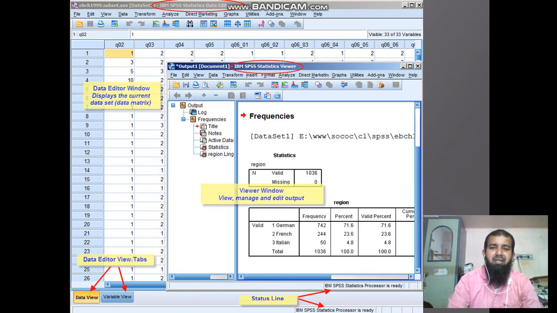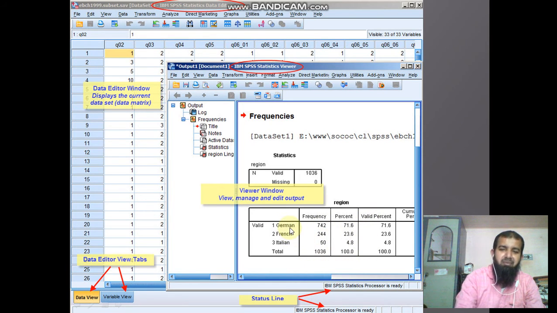See, for example, these are all the data. This is the data editor. The data is there. You can see the output here. How many valid cases are there? Total number, N means total number. So valid is 1036, missing is 0. So you can calculate percentage, valid percentage, frequency.